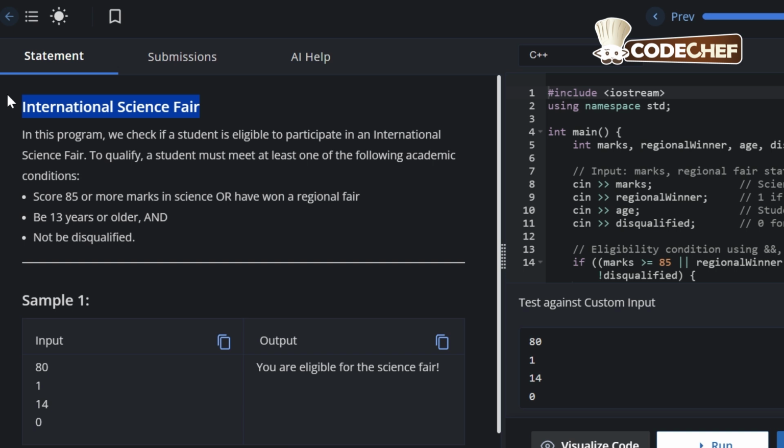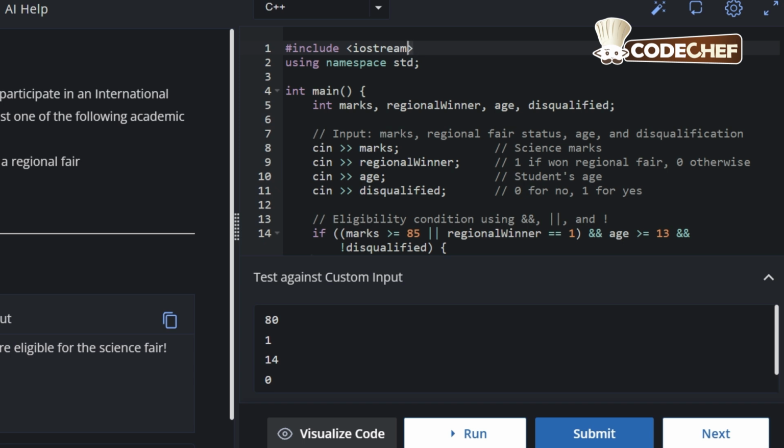The program objective is International Science Fair. In the input we have to type these numbers, and in the output we should get: you are eligible for the science fair! Coming to the code, #include <iostream>, then using namespace std; int main, and inside main we have declared some variables: int marks, regionalWinner, age, disqualified; Now here cin >> marks;